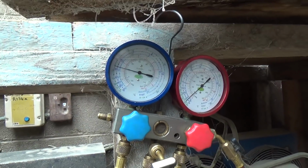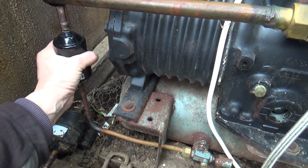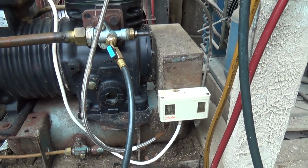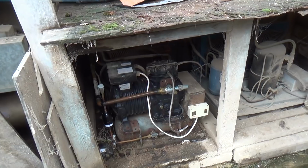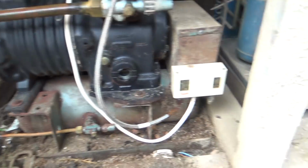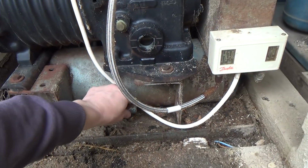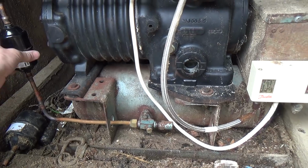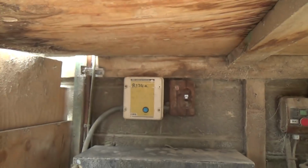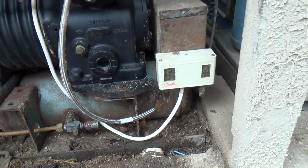Took off, running about -5, -6. Got a bit of warmth in it now. Right, it's back and running. I usually walk around when I finish just to make sure I've not left any tools lying about, and then hand test anything you should have done up. Valve cap there, those covers are all on that. Screws are in there. Sometimes you'll forget to